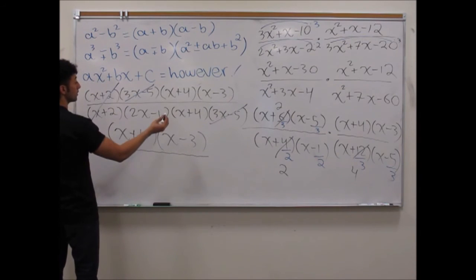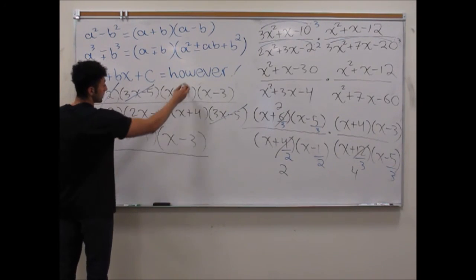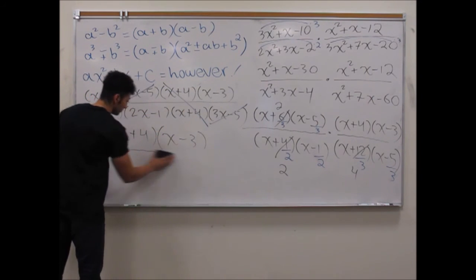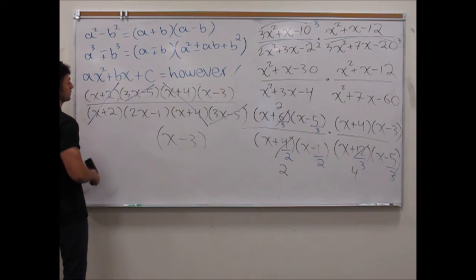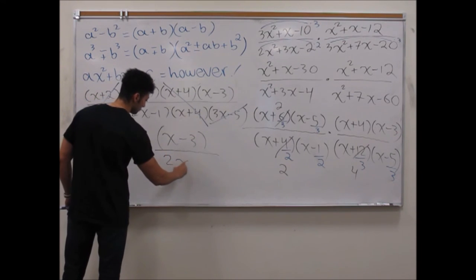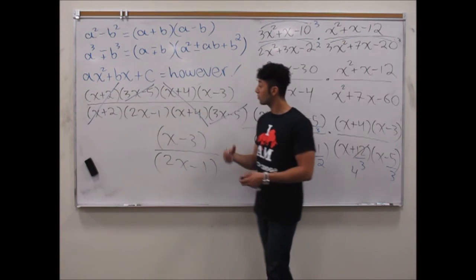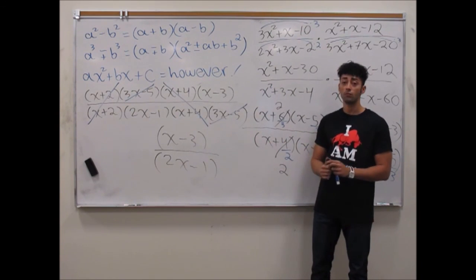That'll be all divided by, wait a minute, why didn't I cancel out this x plus 4? These x plus 4's also cancel out. So on the top we just get x minus 3, and on the bottom we just get 2x minus 1. So that'll be it. Just be careful, there's a lot of stuff going on. I'm prone to making a lot of mistakes myself, so with this section you've got to be really organized and